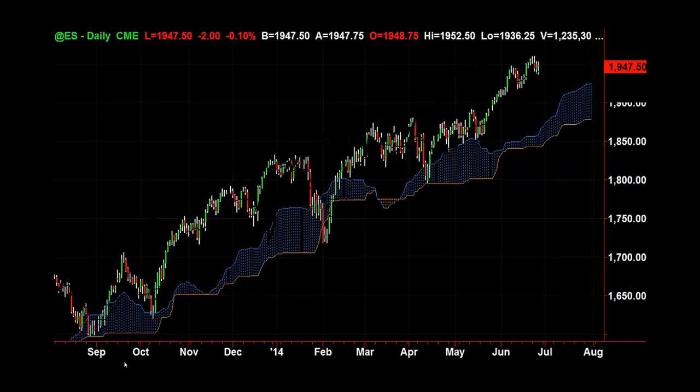All right. So the first concept of Ichimoku: whatever you're trading, in this example, it's just an old chart of the S&P 500. If it's above the blue thingy, it's a long. Okay, we're bullish. If the price action on this chart is above the blue thingy, we want to stay long and stay bullish at market.